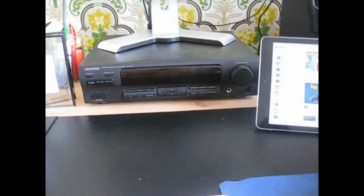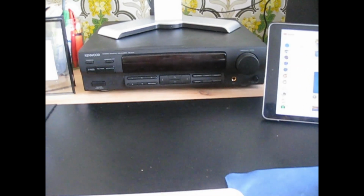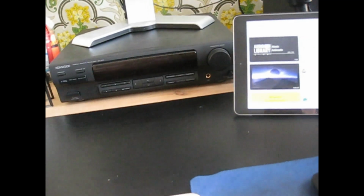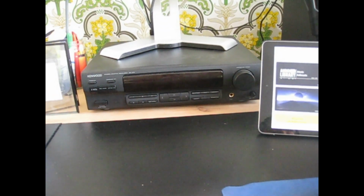Let me demo that using Creative Commons music, or maybe one of my own. The EQ is now off. I turn on the amplifier and turn on the music, and nothing happened. So I turn on the EQ,